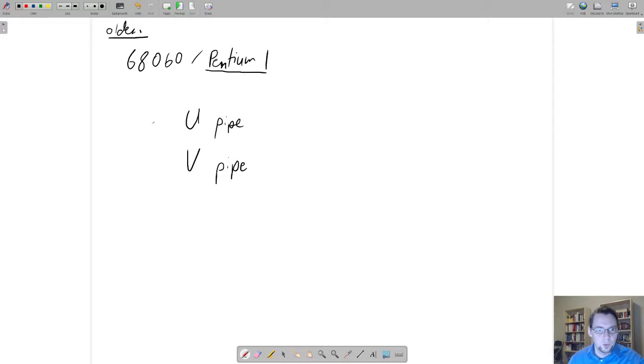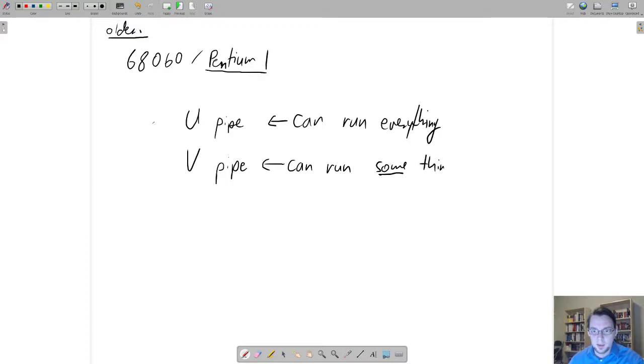And the rule on the Pentium 1 is that the U pipe can run every instruction. So the U pipe can run everything. And the V pipe can run some things, like the more common operations, integer arithmetic, whatever. It's the kind of stuff that you would have supported on the U pipe, on the V pipe. And there's some special things like,